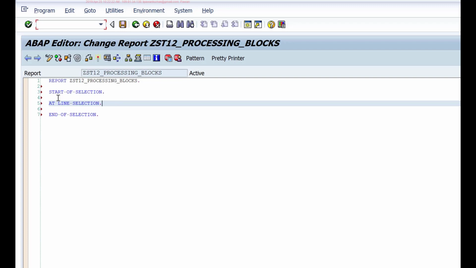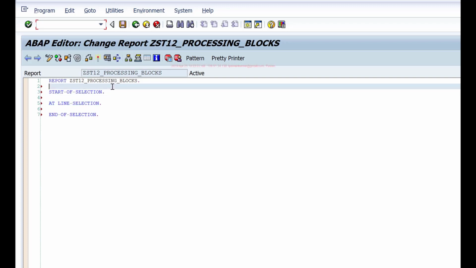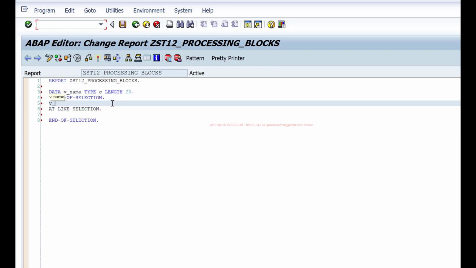So when I maintain these events this way, for example, if I have some data object like this, and if I write this line here, then this particular statement belongs to start of selection.